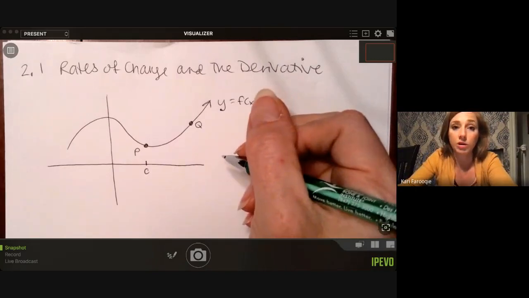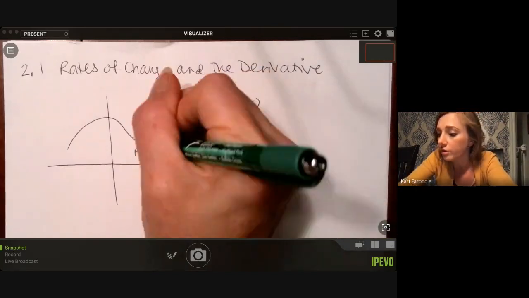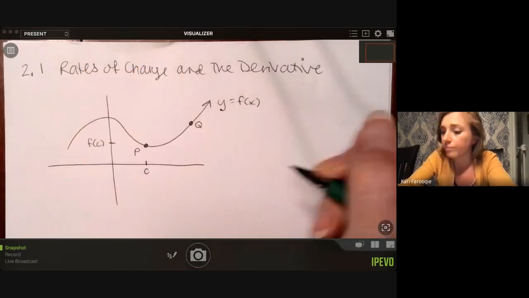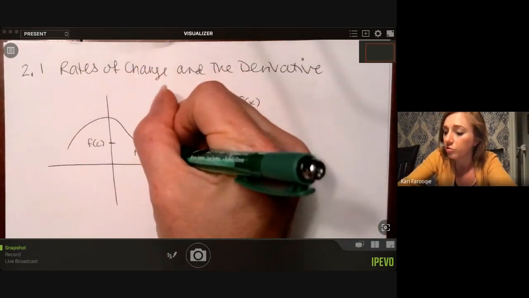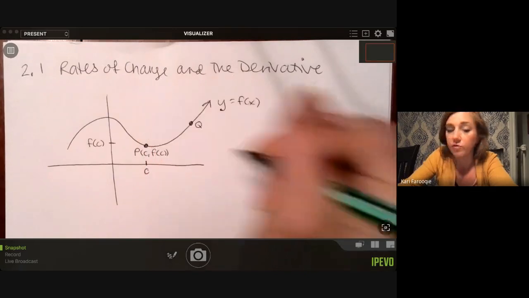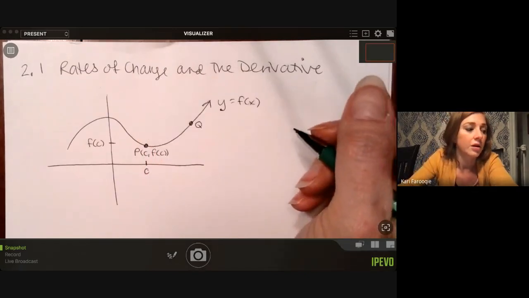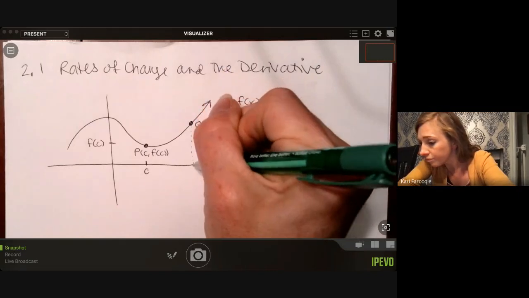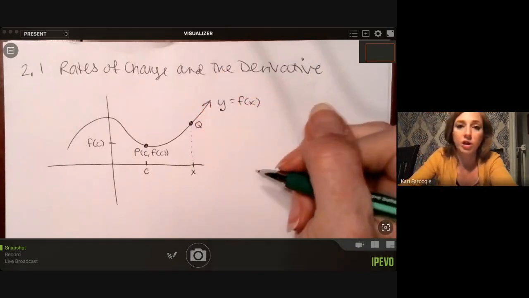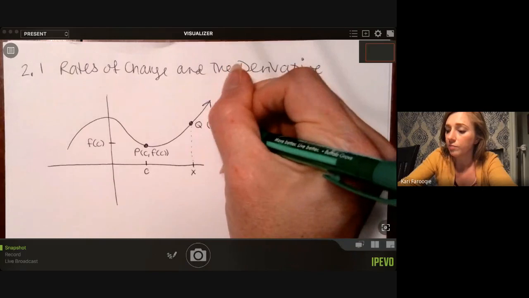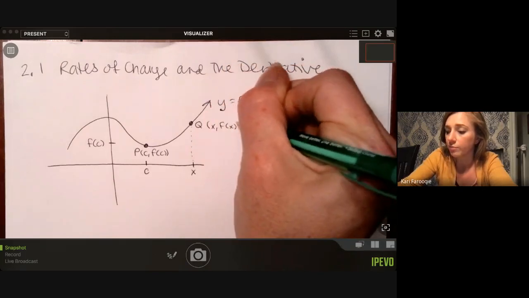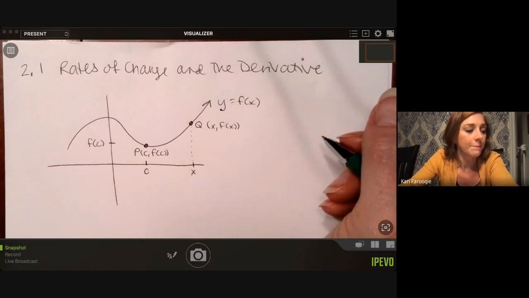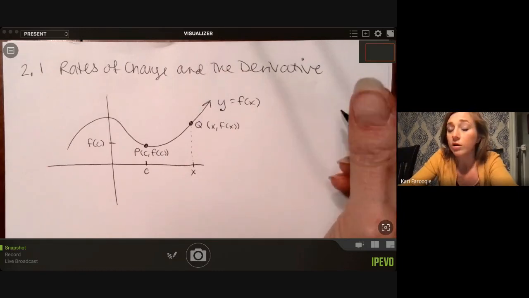Now, what we're going to do here is label P as this point C, f of C. Of course, f of C is just the corresponding y value. So P is just going to be C, and then the function value at C. Now, the point Q, we're going to let be represented by x, f of x. Now, what we're going to do here,